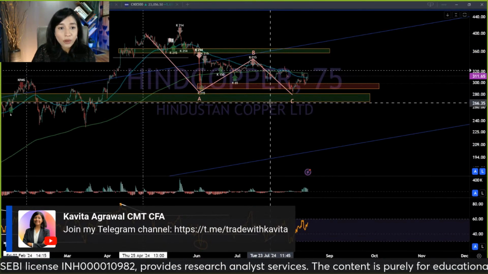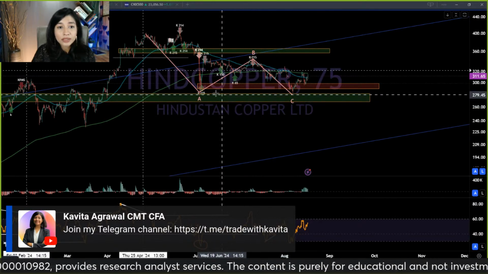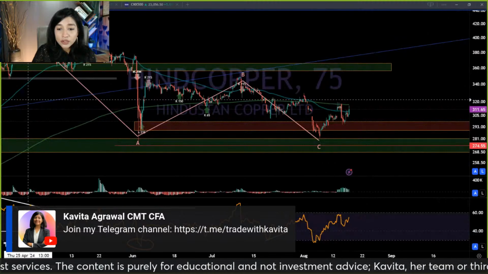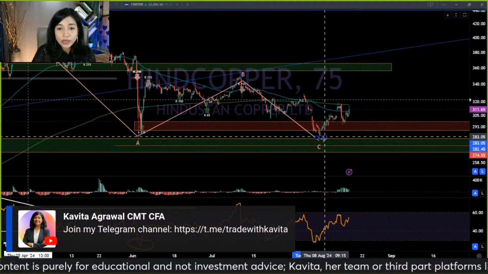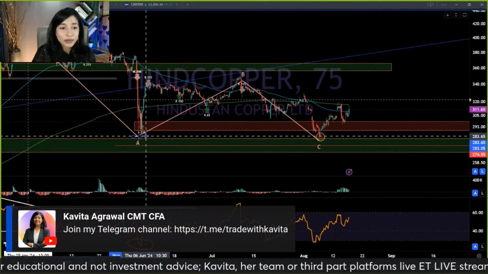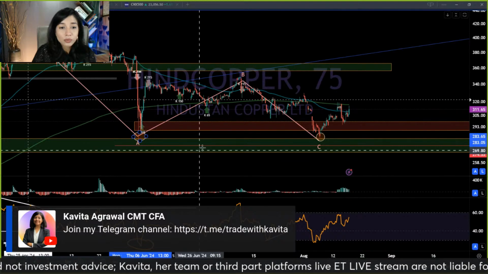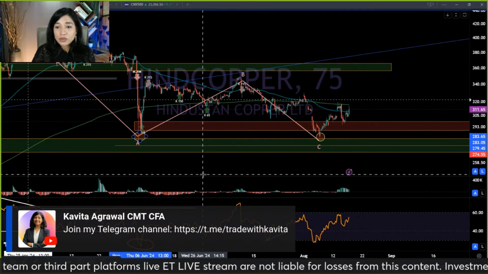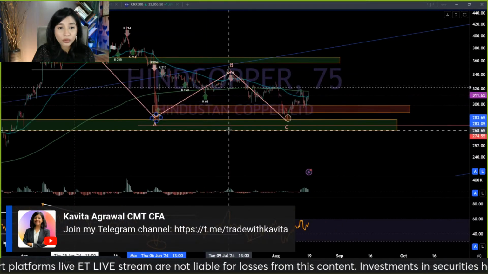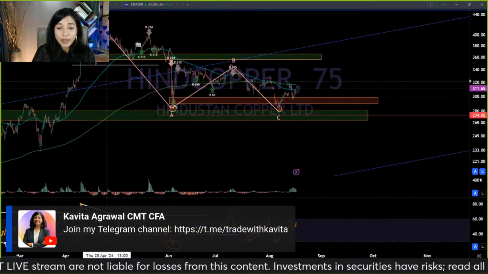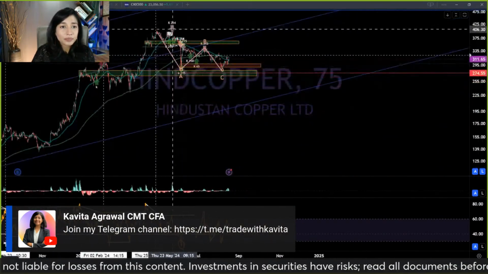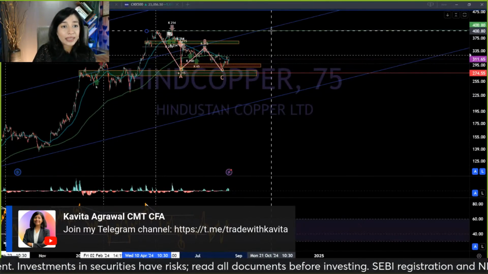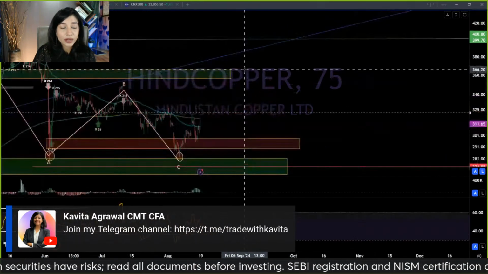So from a setup perspective, I would set basically these two lows as my stop loss. Which two lows? Again, just to give you a clear-cut marking, this low and this low, right? So this would be my support. Leave a little buffer, set my stop loss around the level of 274, 275. And then where would my potential target be? Considering the underlying momentum is very strong, I would expect at least this high to get tested.